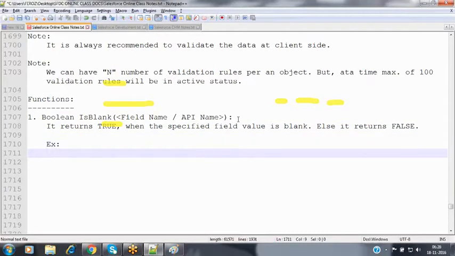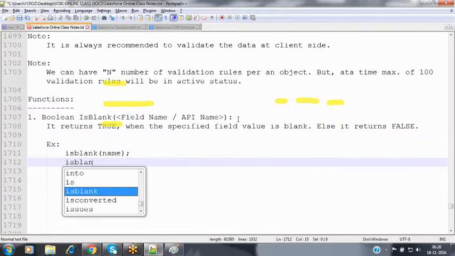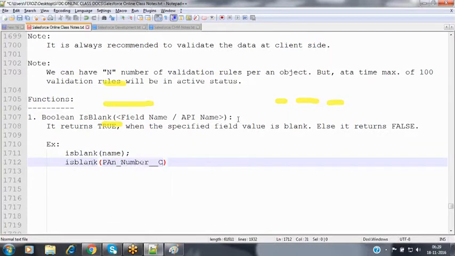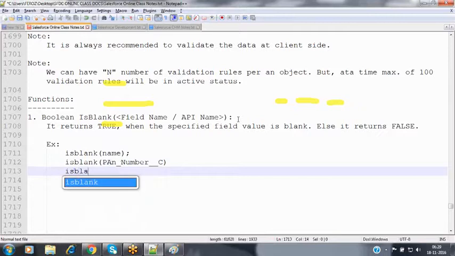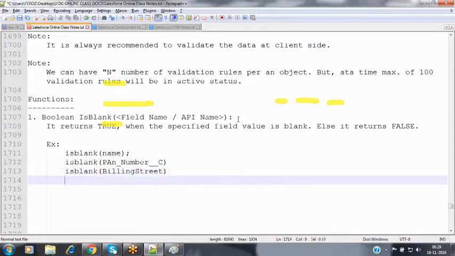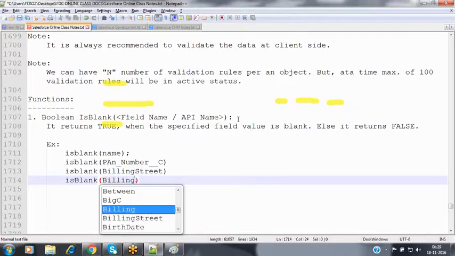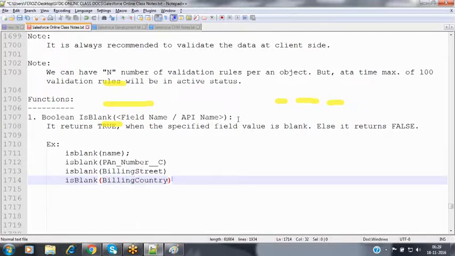Then how can we verify that? For example, isBlank of name field, isBlank of some PAN number field, isBlank of the billing address, nothing but the billing street, isBlank of billing country.